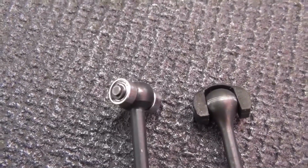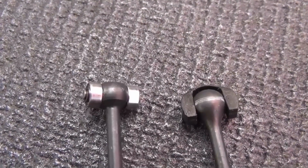So first we'd like to talk about the new updated drivetrain of the MTC-2R, and I think the most noticeable change are the drive shafts. What can you tell us about the drive shafts? What has changed from the MTC2 to the new car now? The new drive shafts are great. Not only do you have ball bearings replacing the blades, you also have the ball bearing on the rear